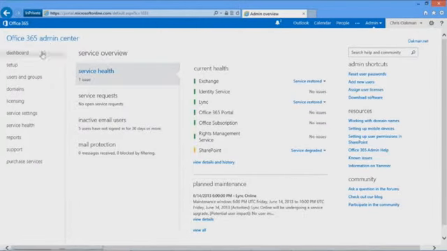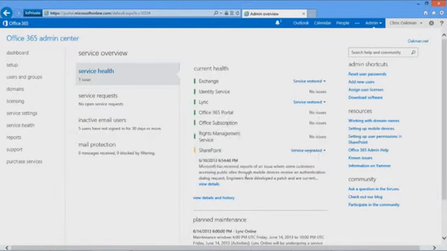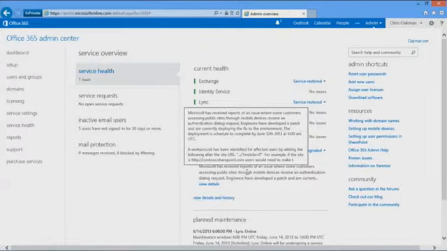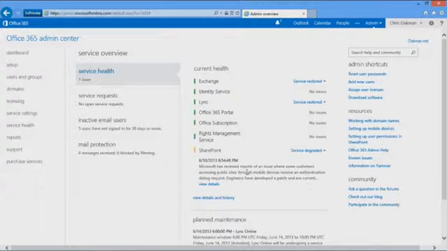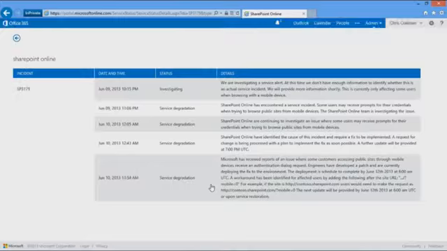It's pretty fluid. As you can see, SharePoint right here under Current Health, which is right in the very front. SharePoint is still in service degraded. And if we click on this, it's going to give us: Microsoft has received reports. If I highlight, it'll show me the whole thing. Some customers accessing public sites through mobile devices are receiving an issue. It could be in our data center, it could be in somebody else's data center. We're not really sure where that is, but we can go into it further. And it goes on to tell you when the patch is expected to be delivered, when it's supposed to be fixed. It's been going on for a couple days, it looks like.